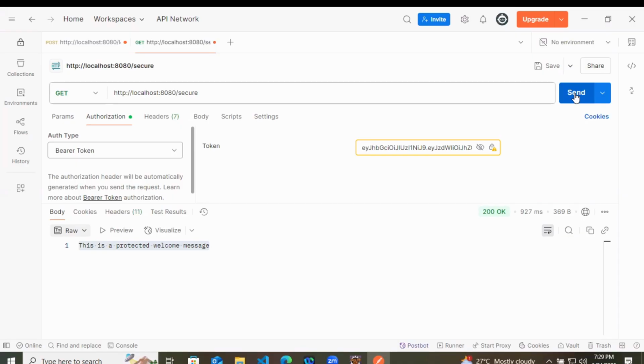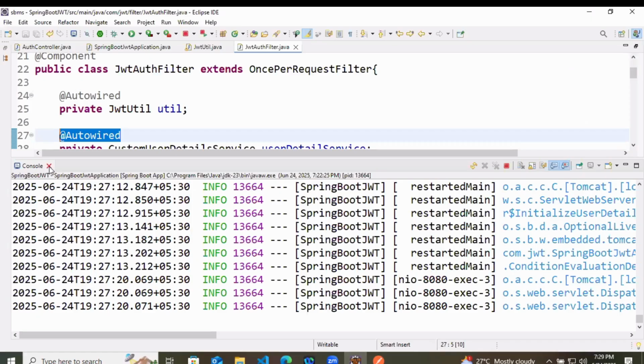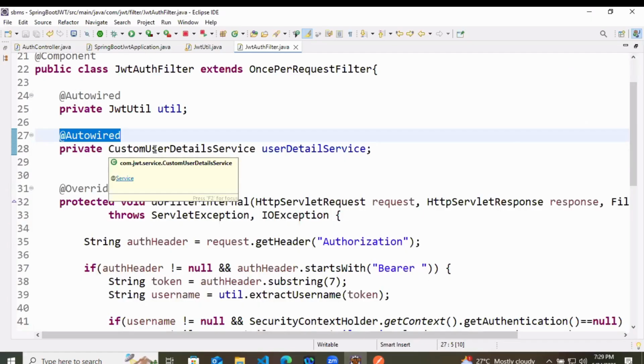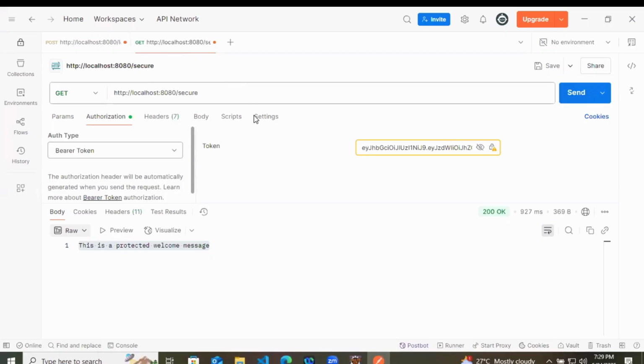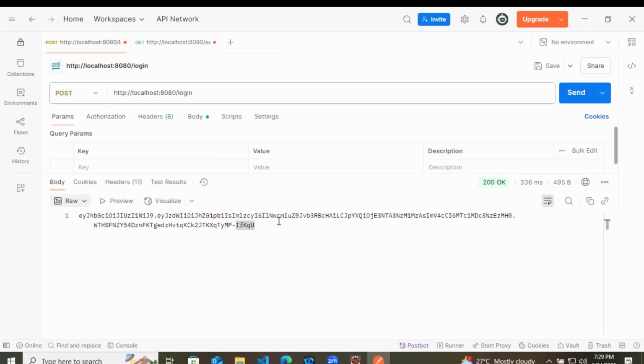Now it is not supposed to give us the data. So first thing, our token has an expiry time, and the expiry time is 1 hour. So the token will expire after 1 hour. Second thing, it is the same user which is logged in inside the